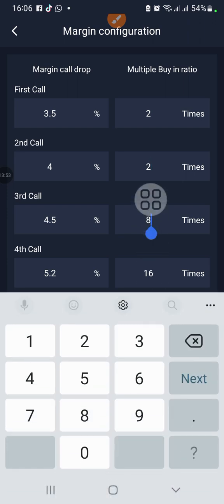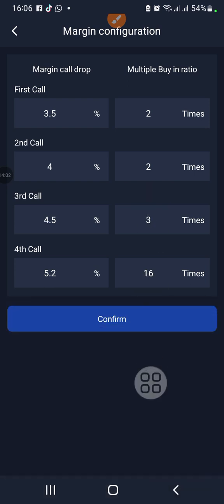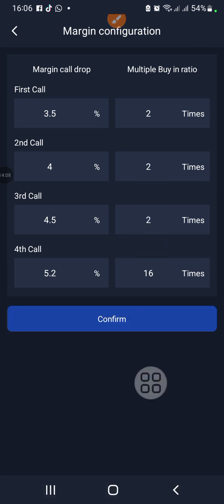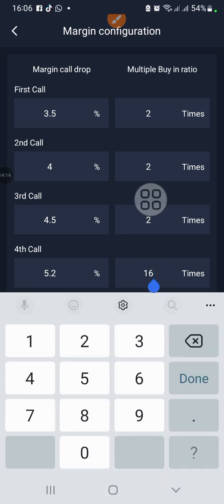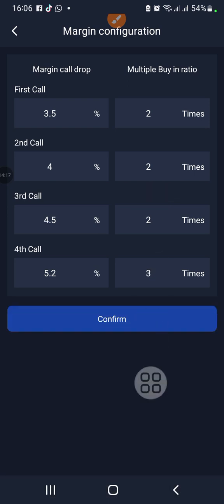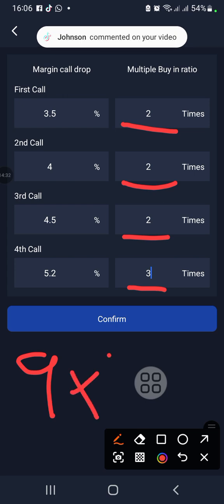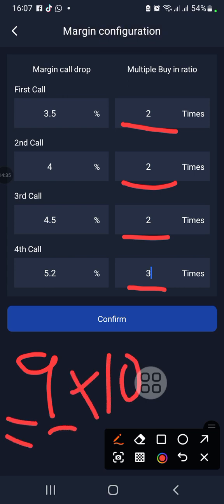Then I'm going to come here, and I can still say maybe I'm going to use 3, or I'm going to use again 2, because 2 plus 2 plus 2 is a 6. Remember that on the last margin call, the 4th, I will put 3, because this is a 2 plus a 2 which is a 4, plus a 2 which is a 6, plus a 3 which is a 9. So 9 times 10 gives us $90,